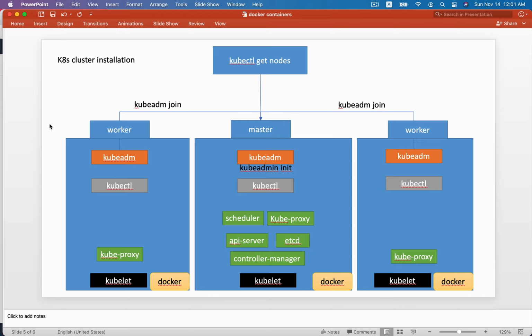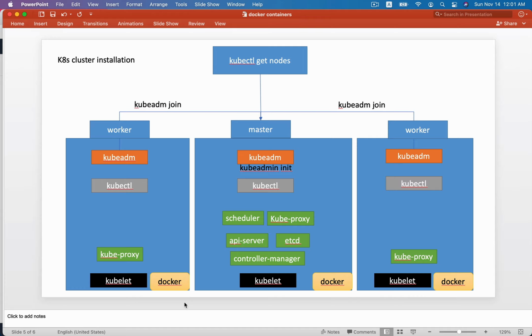But we have learned that. So first we need to install the container runtime in these hosts. First we need to install Docker in the